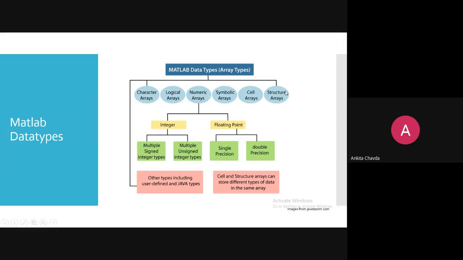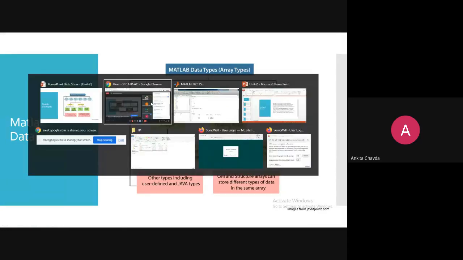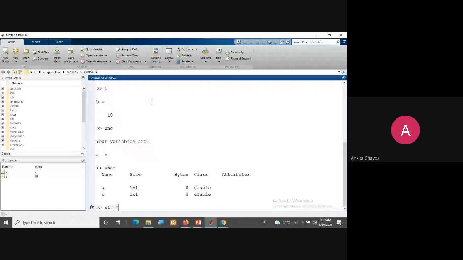Cell array is also similar to this. Symbolic array we are not going to discuss much. Logical array also, and the character, the value as a character. Suppose I'm saying str, that is my variable name. So string equals, I'm saying, 'hello'.